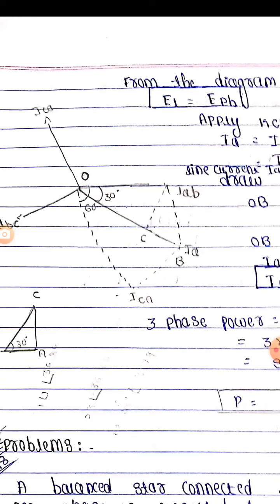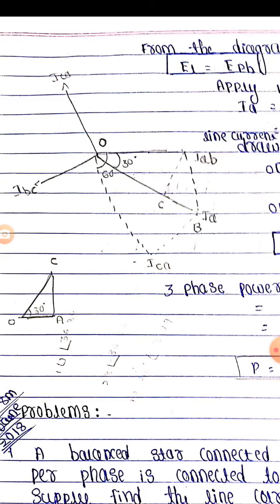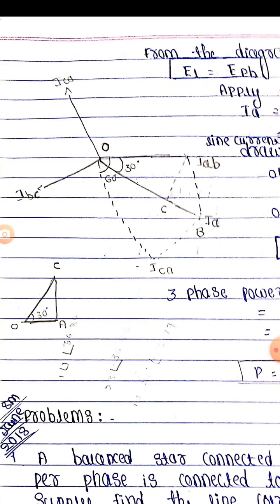The important thing here is that in the examination you will get one of the derivations, either from the star connection or the delta connection. You can be asked to establish the relationship between phase voltage and phase current, and line voltage and line current, in the case of a star connected load or a delta connected load. Always in the case of a star connected load, IL is equal to I phase, then EL is equal to root 3 times E phase, then power is equal to root 3 EL IL cos phi.